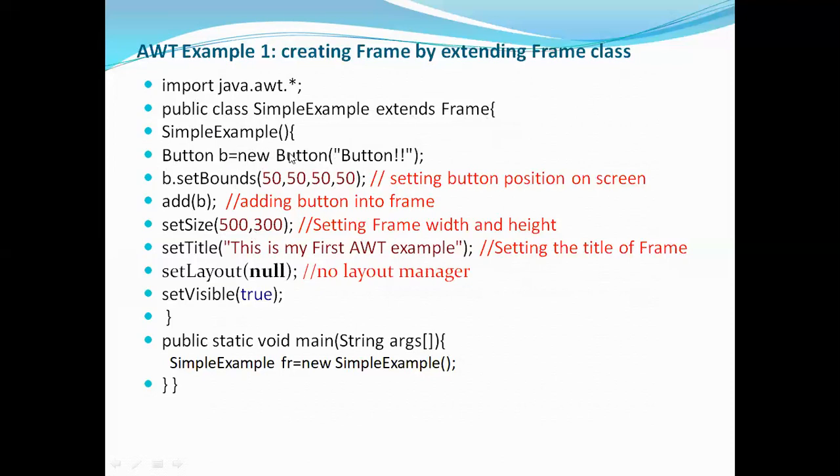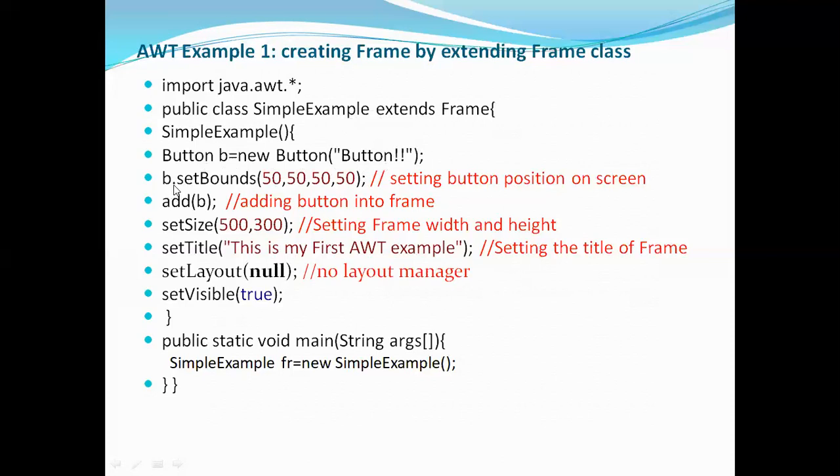Now here in this class, I'm adding the button. So I'm taking the object for my button class. So we have learned initially that all the components of the AWT hierarchy are actually classes. So if you have to include them in your frame, you have to create the object and then you have to include it in the frame. Now here this button class object I'm creating. So Button b = new Button("button"), and the button name I'm writing here as button. So you can write any name on the button, so that will be displayed over the button. So one button is created using the button object b.